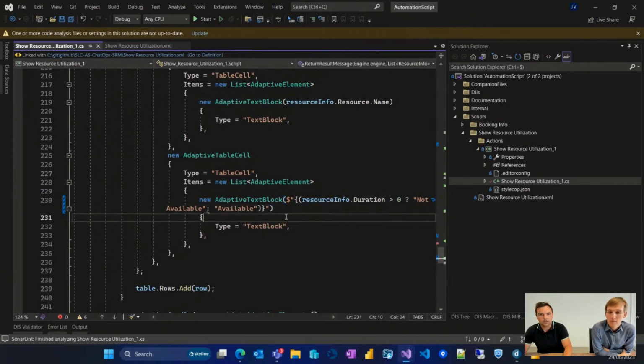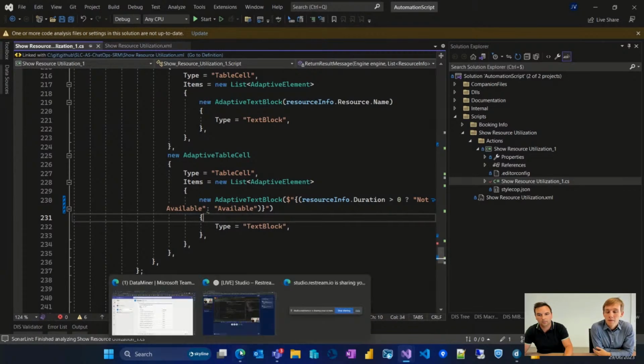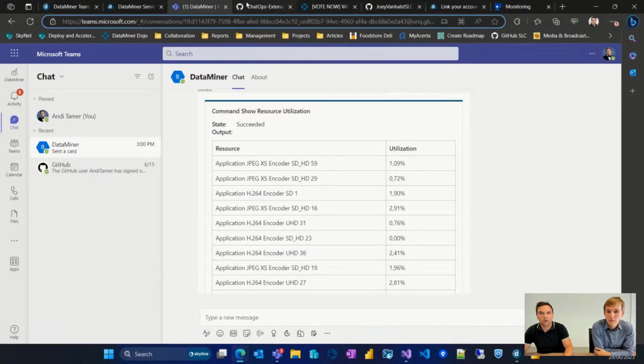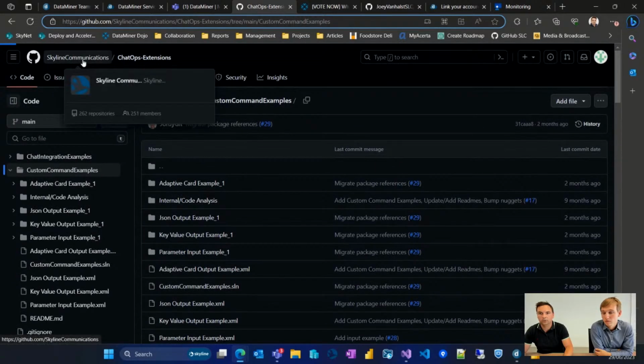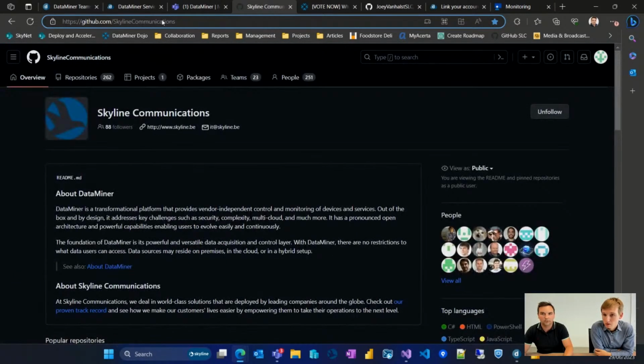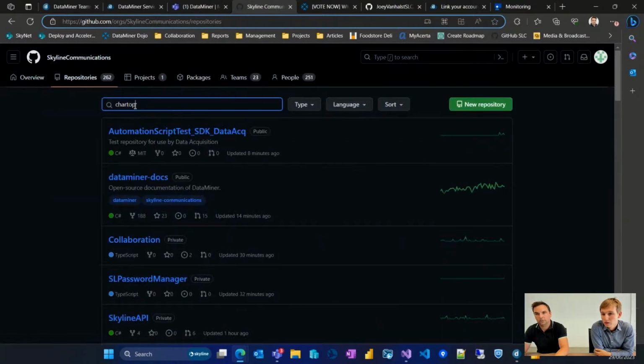Yes, you can do all kinds of things. That's actually also one of the reasons why we allow the community to come up with use cases. If I go back to our GitHub actually and show you where you can find those. So you go to the Skyline Communications organization, first of all, go to our repositories, and if you search for ChatOps,